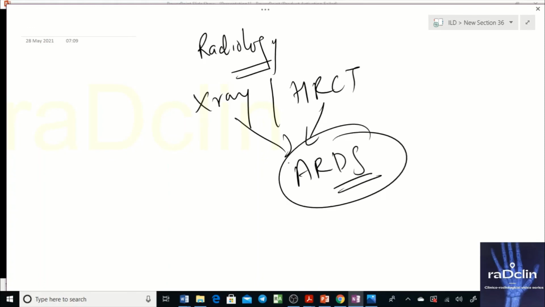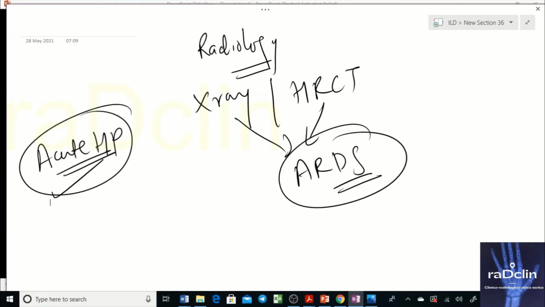Now, I have discussed ARDS in 2-3 sections. We discussed an ARDS-like picture in acute hypersensitivity pneumonitis, which can present like this. We also discussed ARDS in acute eosinophilic pneumonia; the video will be uploaded soon in the eosinophilic lung disease section. That also presents with acute respiratory failure. But there, steroids have a role and cause resolution. If you talk about this disease, it is quite deadly, because more than 50% of cases die within 6 months, and the patient has a sudden deterioration. Imaging features are simply like ARDS.